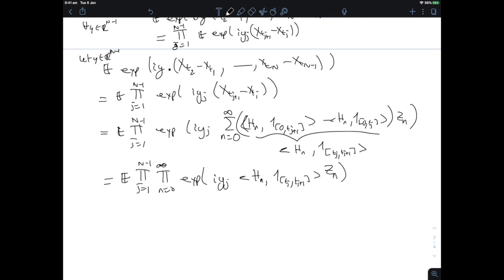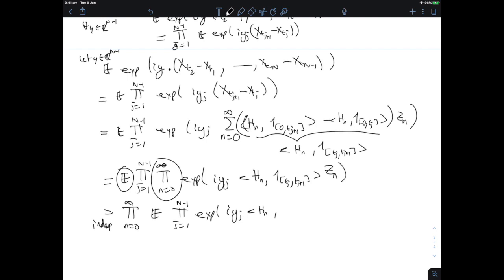Right. Now, the good thing is, notice the following. This product and this expectation can now be exchanged because the Zn are independent. So by independence of the Zn, the expectation of the product is the product of the expectations. So this is the expectation of the product, j equal 1 to n minus 1, exponential I yj,